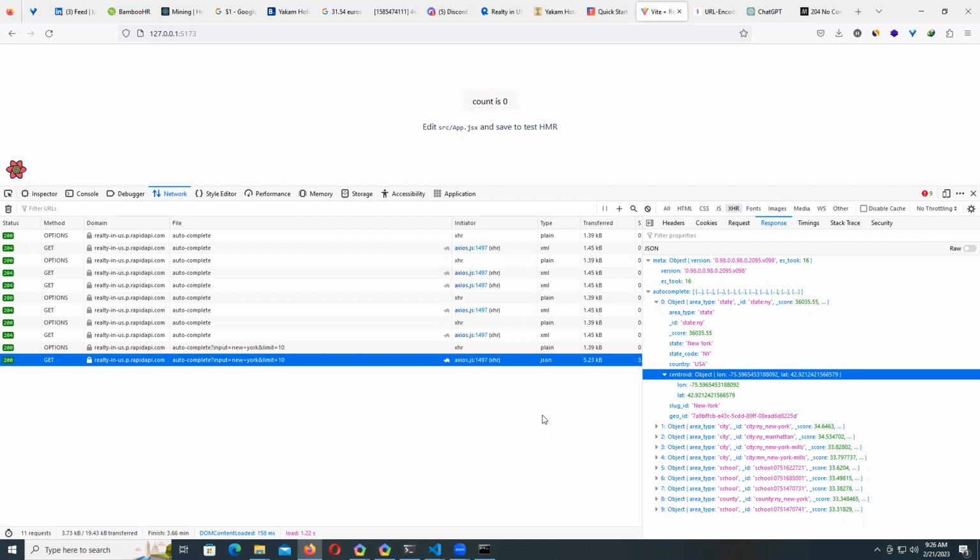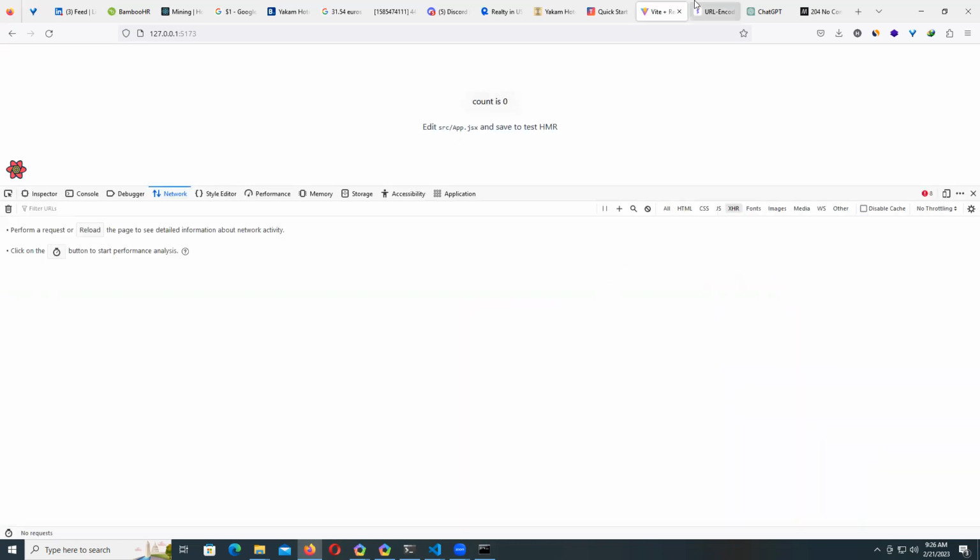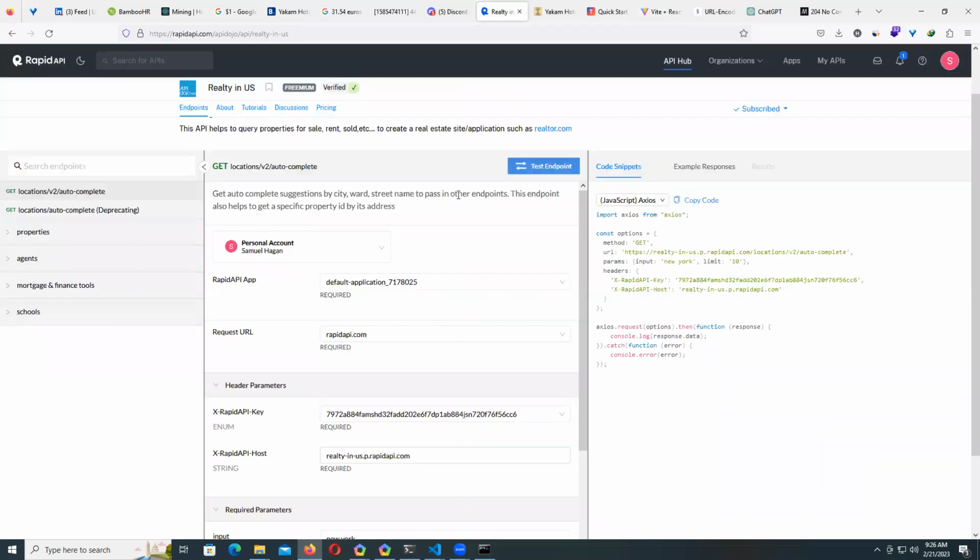So let's try it. There will be an input, the person will type and click search. When the person clicks search, then you make your API request. You understand? So let's try it out. So if we come to the dashboard,